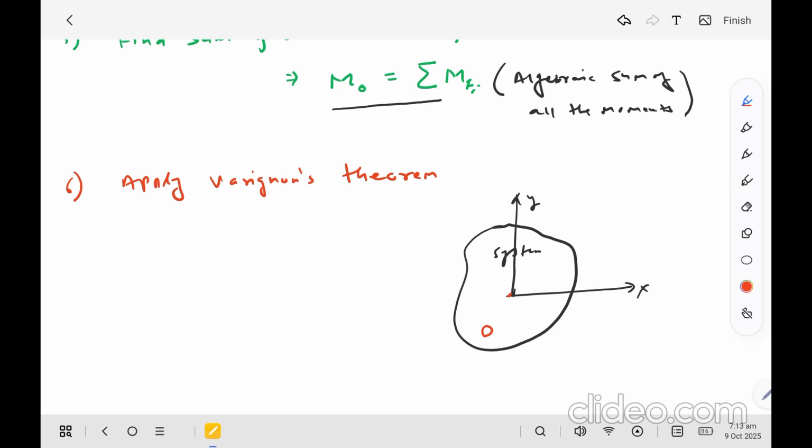I'm not taking this one. So now if I assume that my resultant is somewhere here, let's say this is my resultant R,